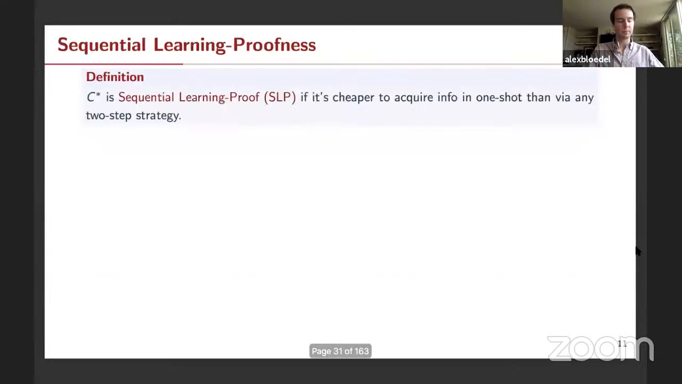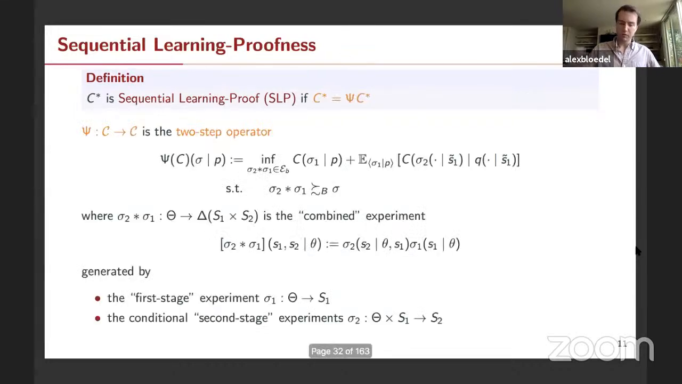Okay, so now to the main definitions. We say that a cost function C star is sequential learning proof, or SLP, if, roughly speaking, it's cheaper to acquire information in one shot than via any two-step strategy. Formally, and this requires some notation, a cost function is SLP if it's the fixed point of this two-step operator,